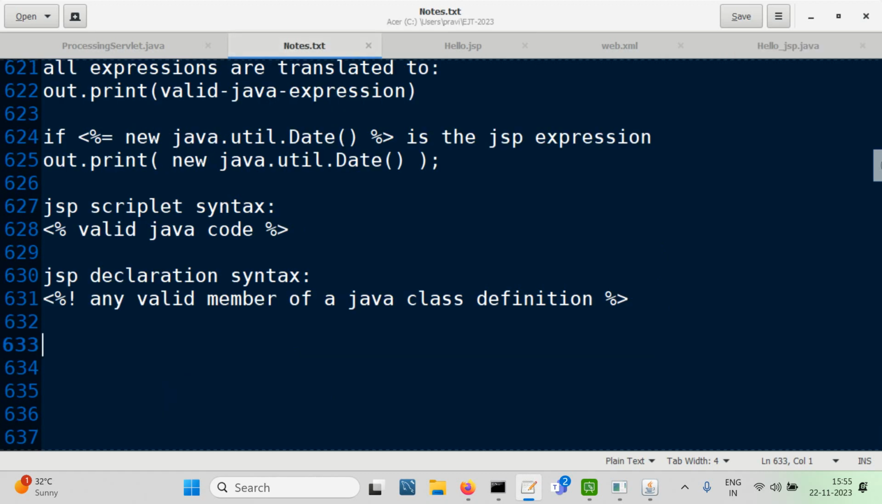Next we can look at the JSP directives. JSP directives, their syntax is percentage, sorry, and then at the rate. There are a couple of directives only, not many directives. There is a directive